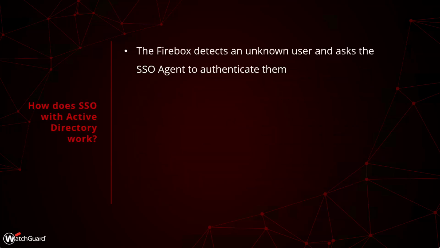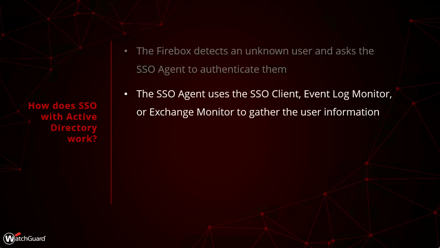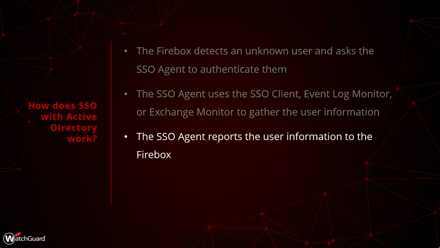How does Active Directory work with our SSO components? Well, you would install a particular piece of software known as the SSO agent, kind of the central point for everything. And when the firebox detects an unknown user, so an IP address that has no username associated with it, it will reach out to the SSO agent and ask it to figure out who is logged in on that computer. The agent can then reach out to one of the other SSO components, such as the client, the event log monitor, or the exchange monitor. Once those components return the information, the SSO agent will forward that back to the firebox,